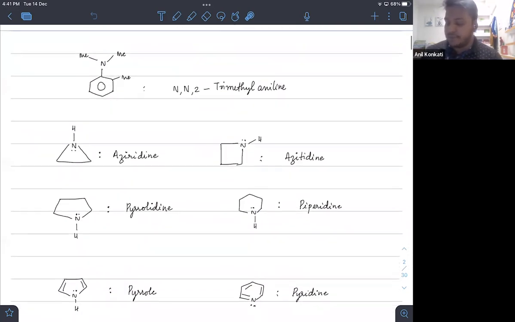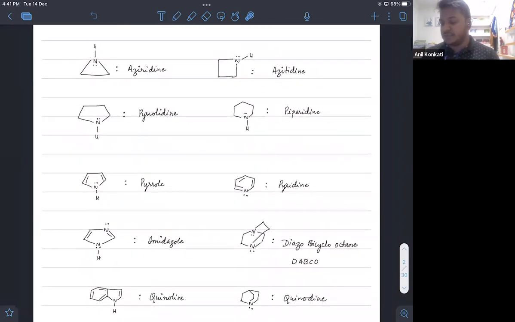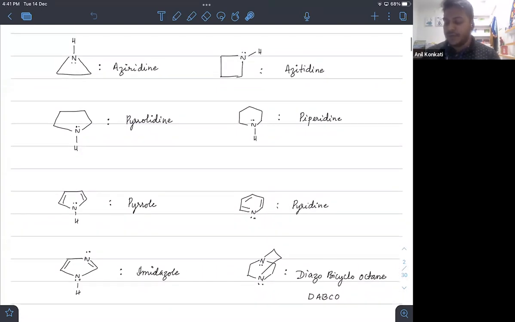Look at another benzene-related amine here. So we can write N has methyl, and at the second position I also have methyl. So N,N,2-trimethyl aniline. You can write it as aniline. These are a few common names which are accepted as IUPAC names as well. I mean, it's better to remember the names for these compounds.